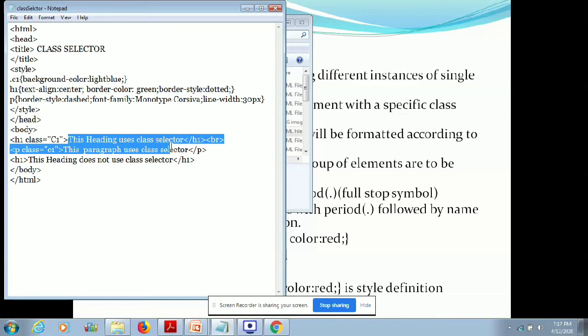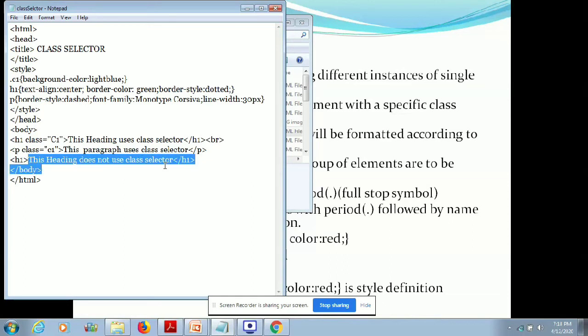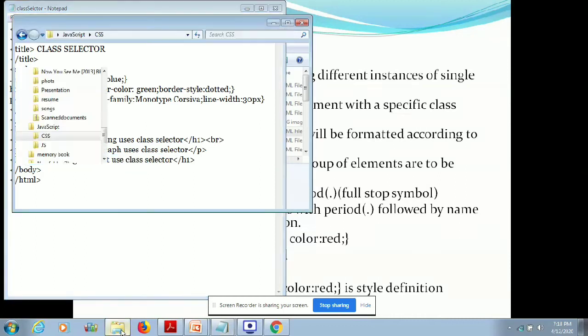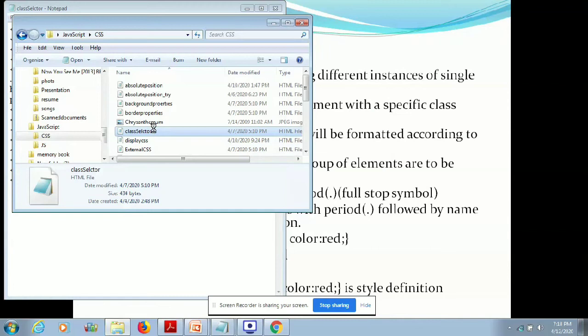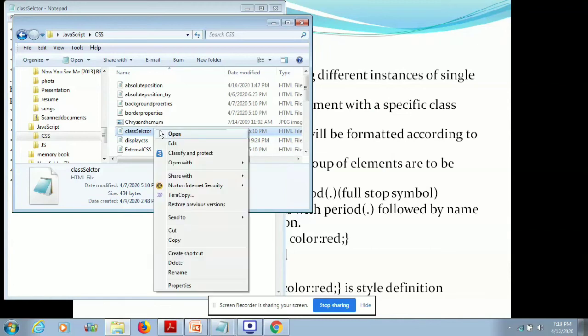Then we have a paragraph. This paragraph is also going to get the definition which is defined in the class. Then we have one more H1 over here. This heading does not use the class attribute. So it will not get the background color.